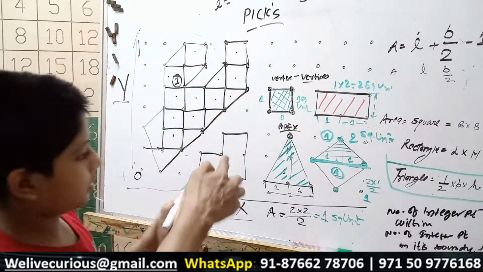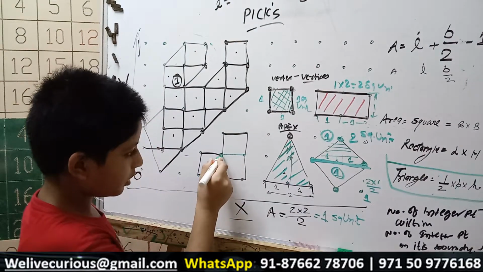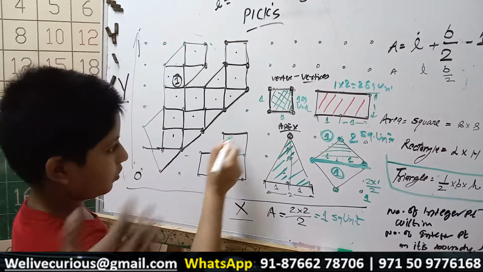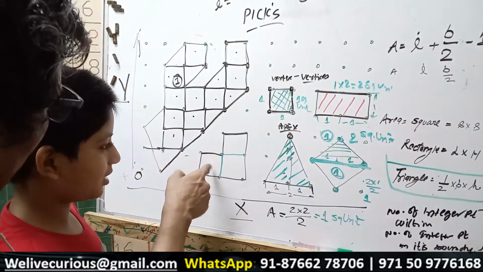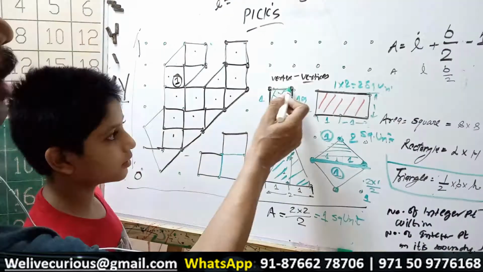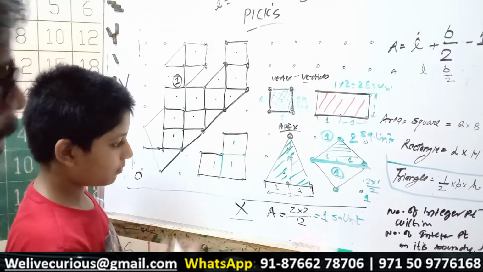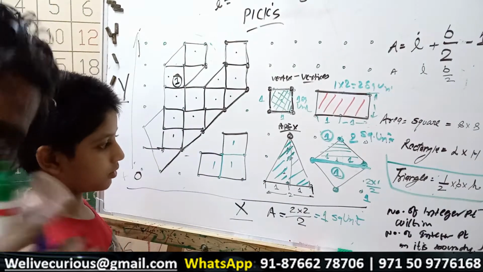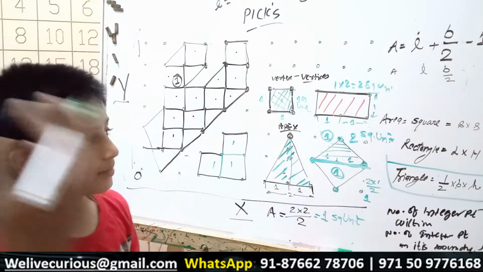Okay, can you check the area of this? How much area of this will be? So here, 1 square. Do you have to even calculate it? Straight away you can say 1 square, 2 square, 3 square, because anything that is enclosed in 1 is 1 square. So you can say 1 square, 1 square, 1 square, then add them up. So 3 square units, can you say? You can say 3 square units.